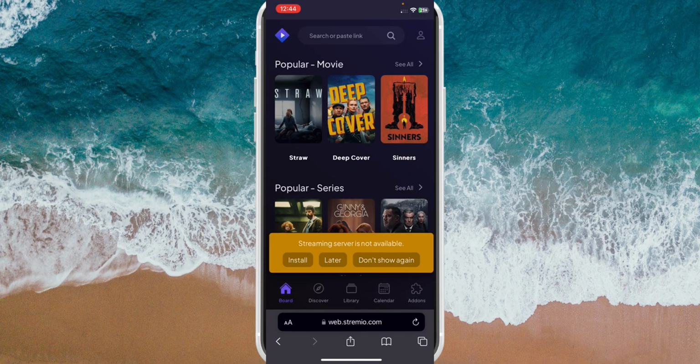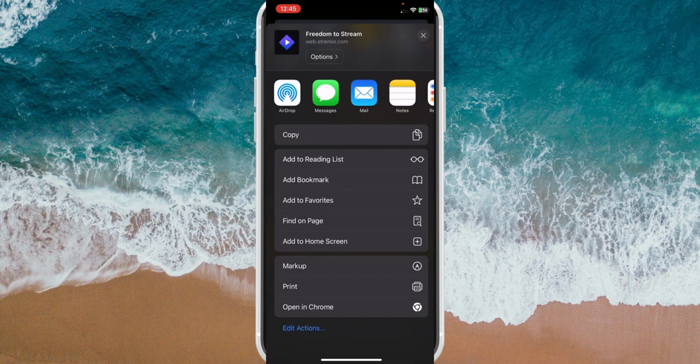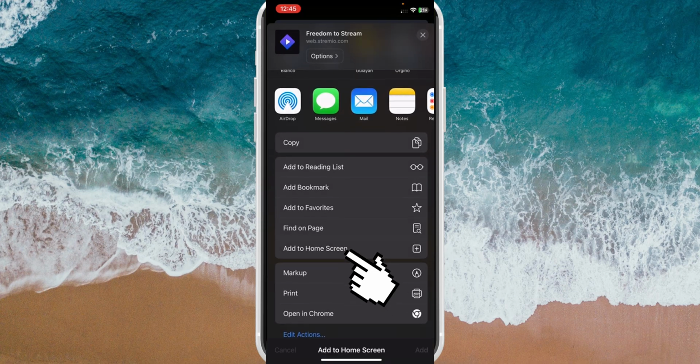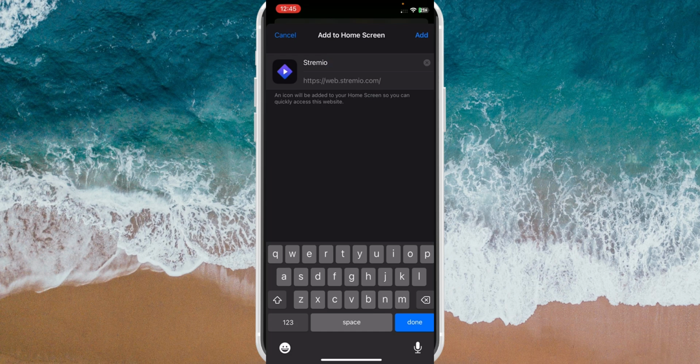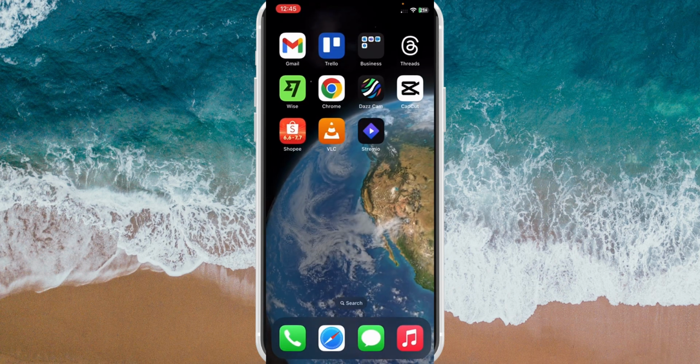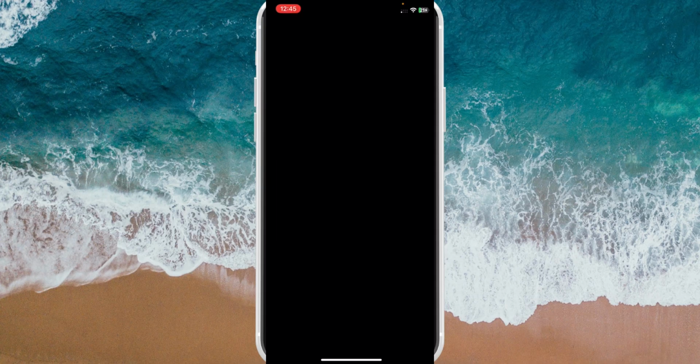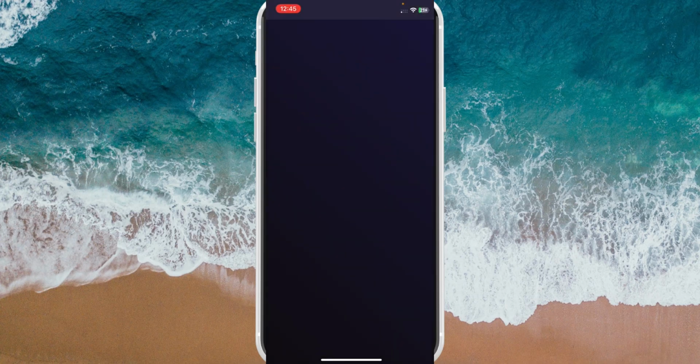Right after, for easy access, we're going to add this to home screen. Click onto this icon here in the middle part and add this to home screen. You could go ahead and name that, click on add, and you should be able to see that one already here. Simply click onto that one to open this, and then just log in onto your account